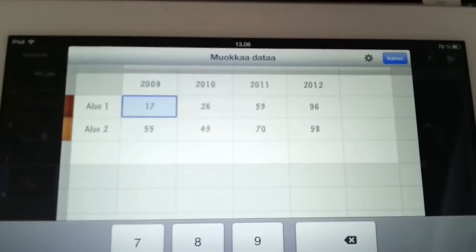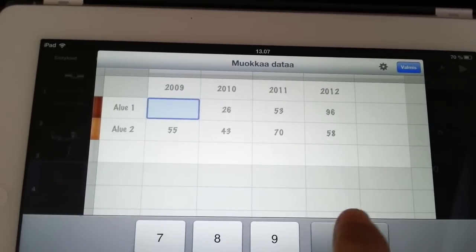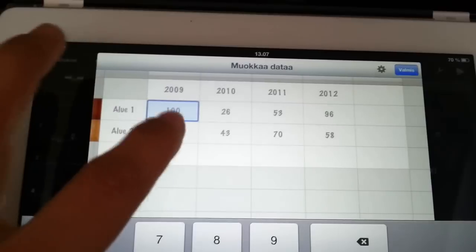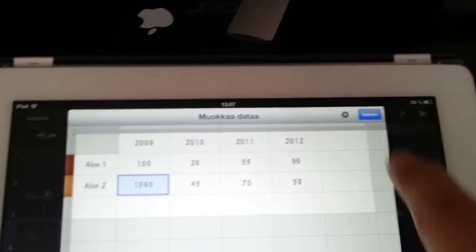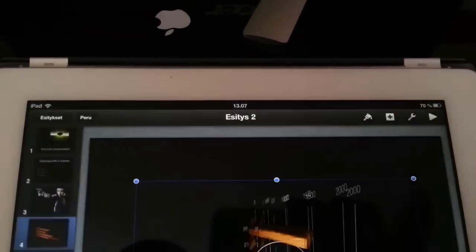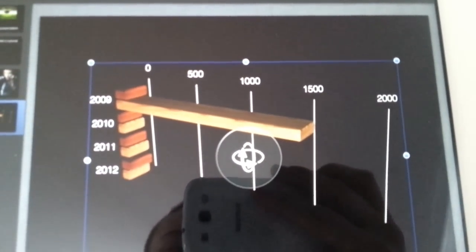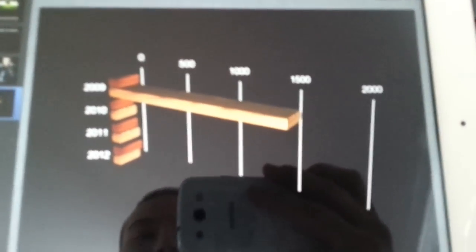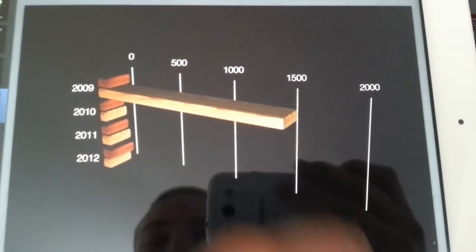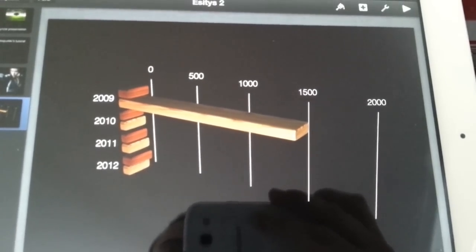Change data. Here it gives you the options. You can change whatever you want. Then just press ready, and it has updated. Yes, very simple. Now this one bar is very high and the other ones are not.